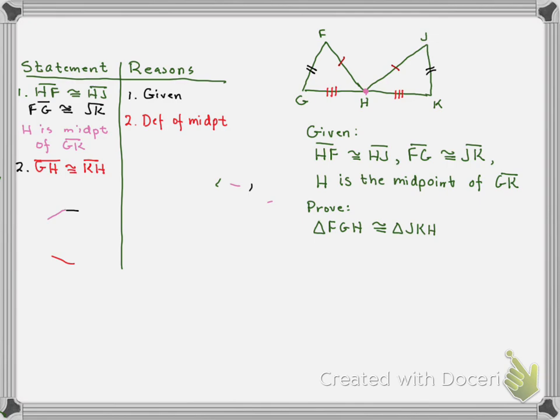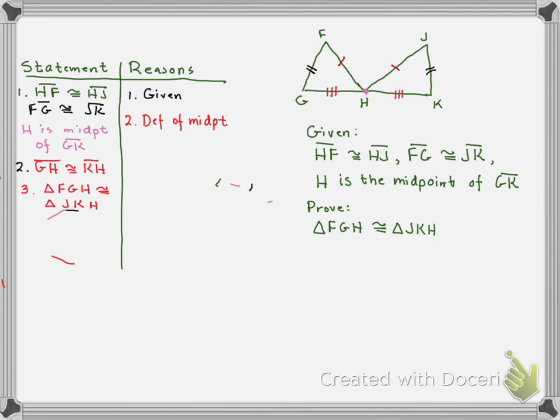Now, if you look at what we've got, all 3 sides marked in one triangle being congruent to the corresponding other 3 sides in the other triangle. So we are ready to make our statement. It is that simple thus far. Using the given, or using what we are to prove, we're going to use that triangle congruence statement. Triangle FGH is congruent to triangle